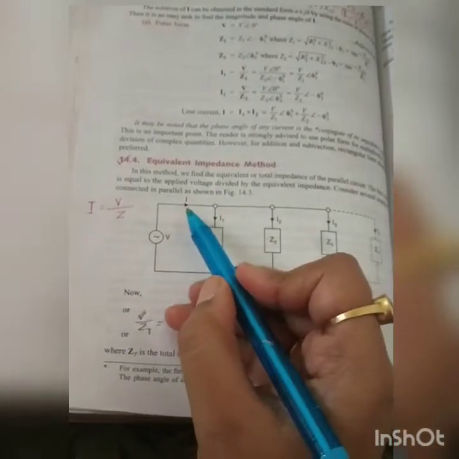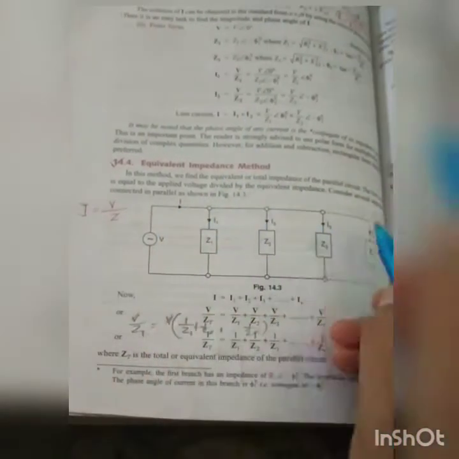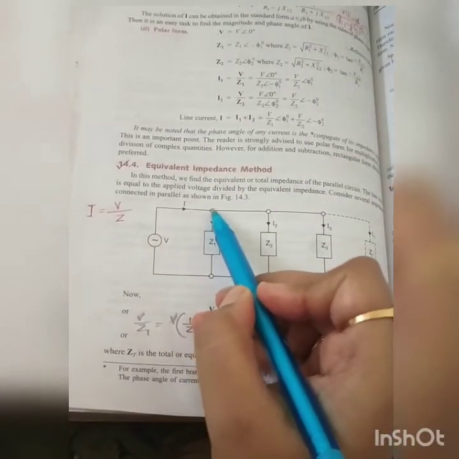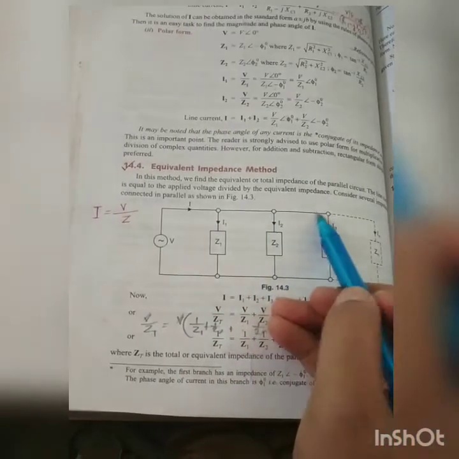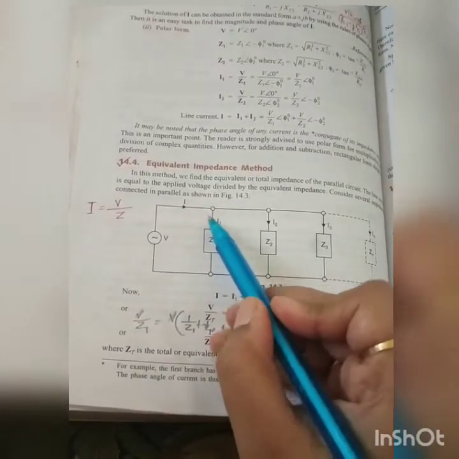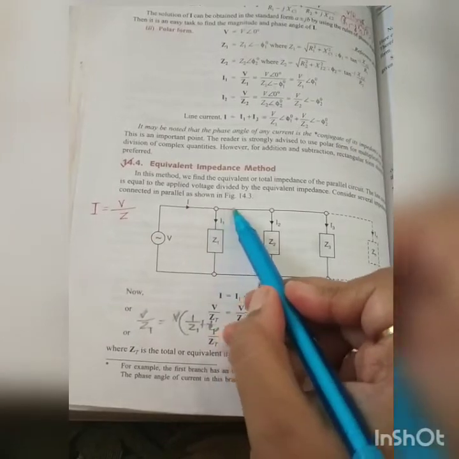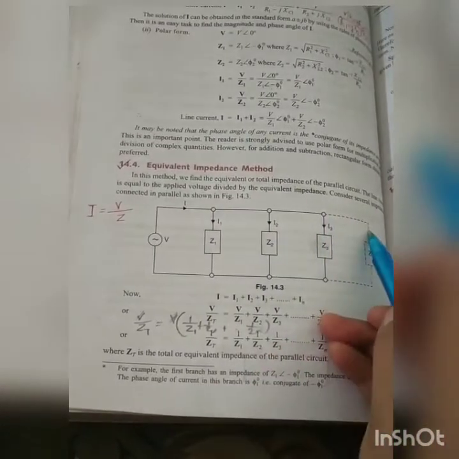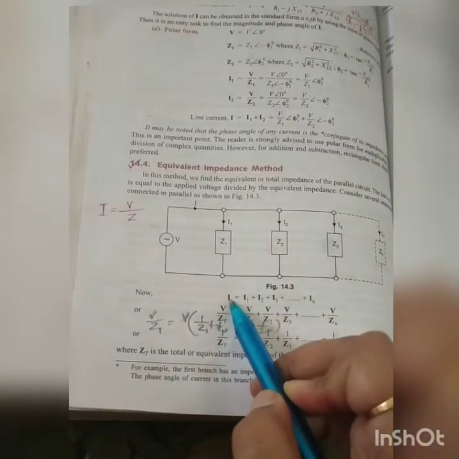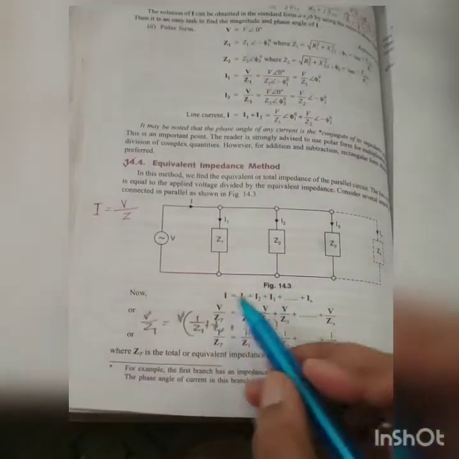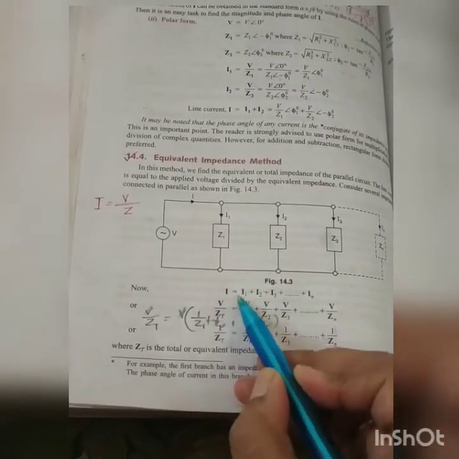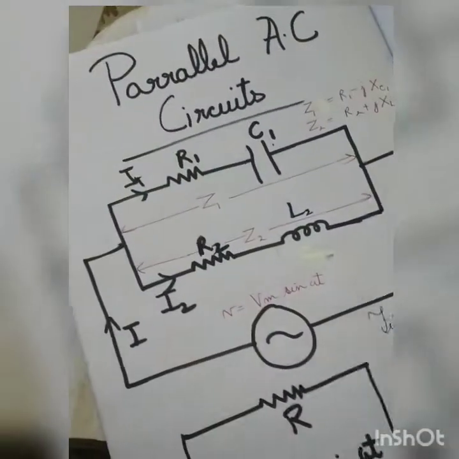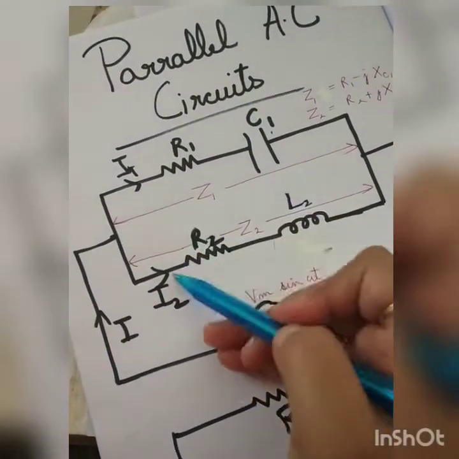We can write the equation. Since it's a parallel circuit, the total current will get divided across these nodes. At the first node it is I1, next I2, then I3, till, in the generalized diagram, IN. So the total current will be the sum of all these branch currents: total current I is equal to I1 plus I2 plus I3 till IN. For our case, for figure 1, I is equal to I1 plus I2.